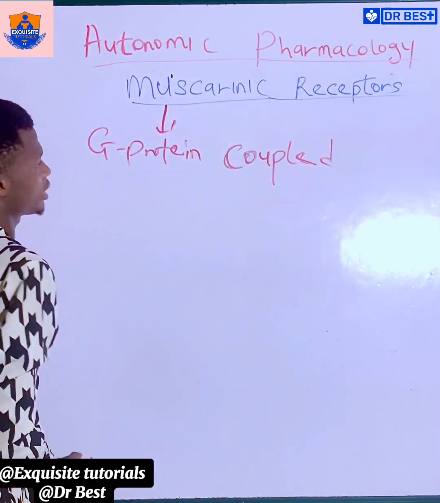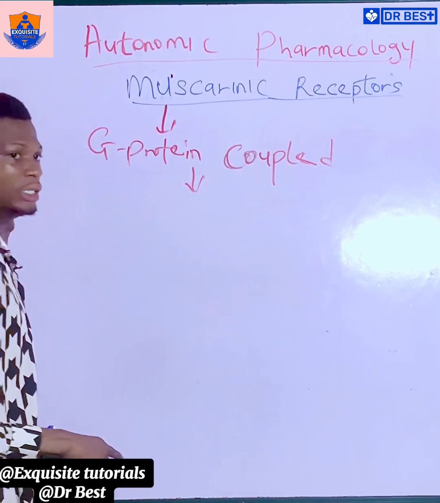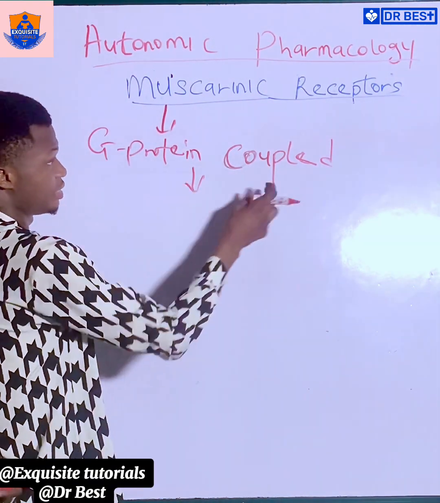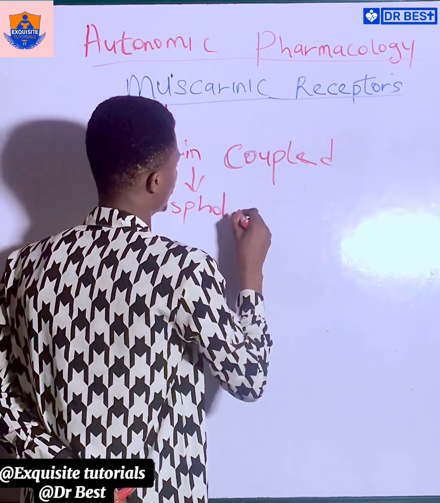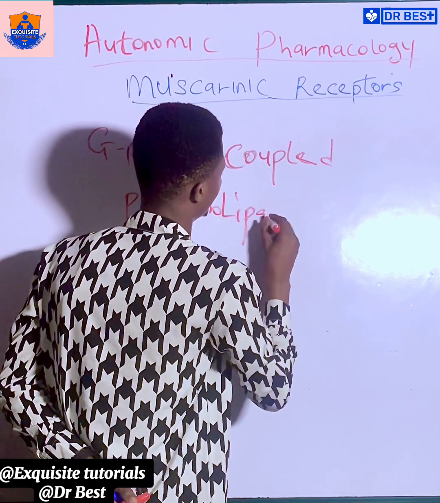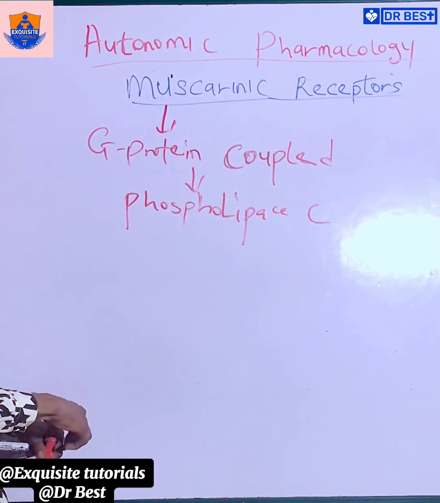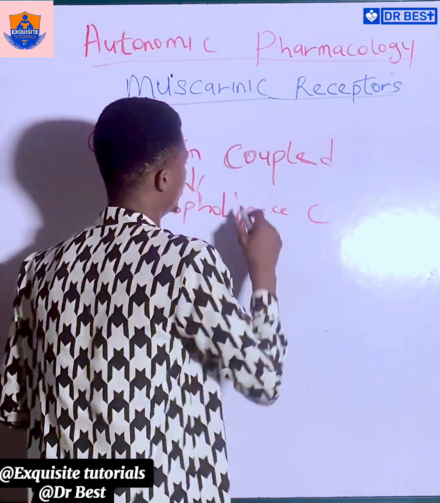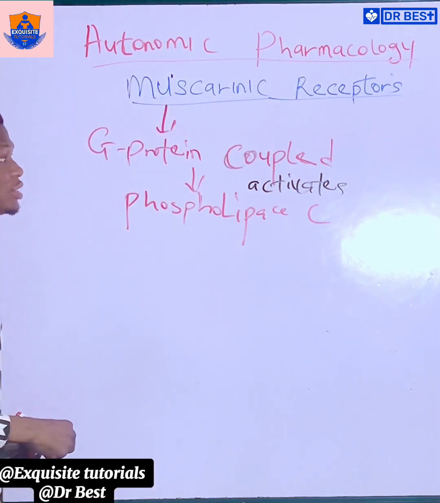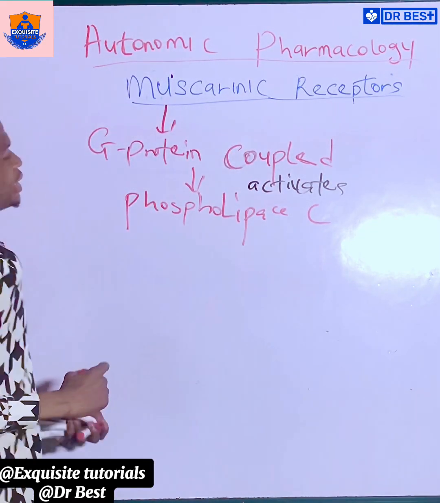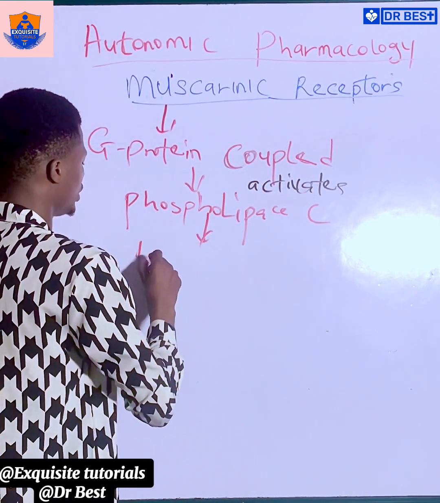When muscarinic receptors are stimulated, they activate phospholipase C. Now, this activation of phospholipase C leads to increased formation of